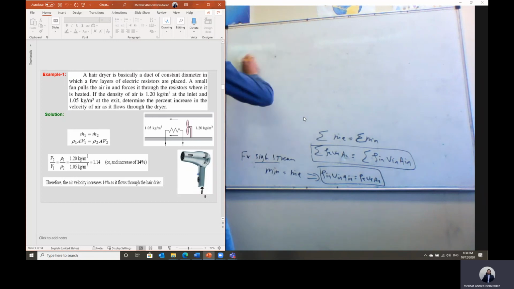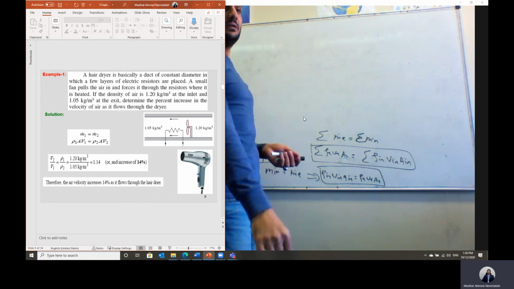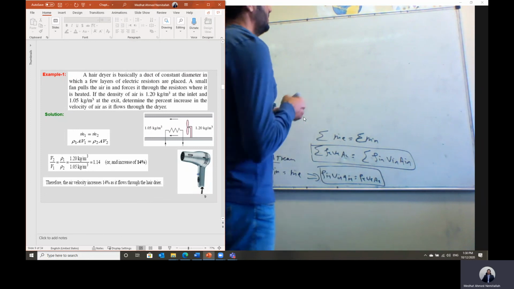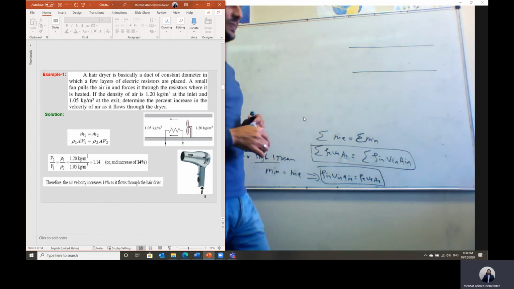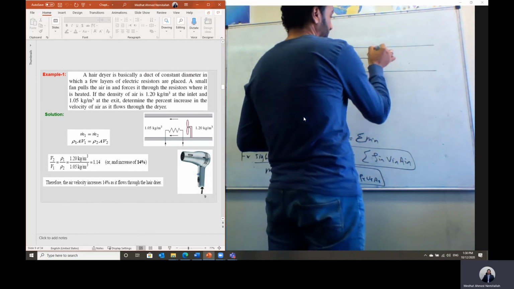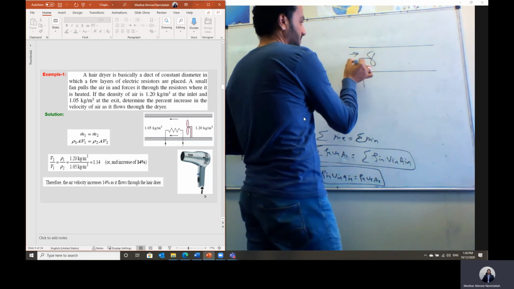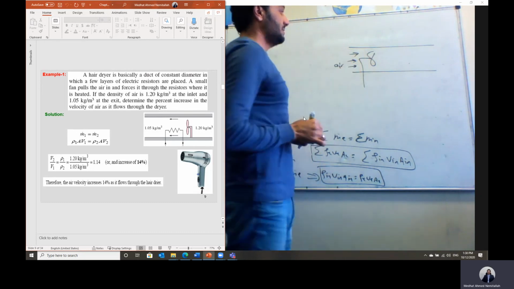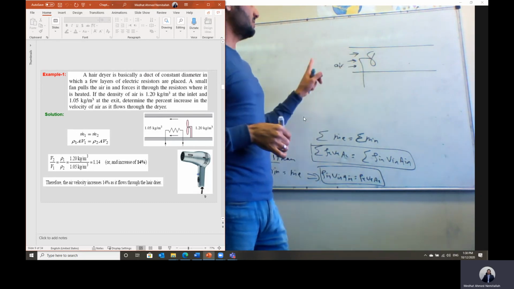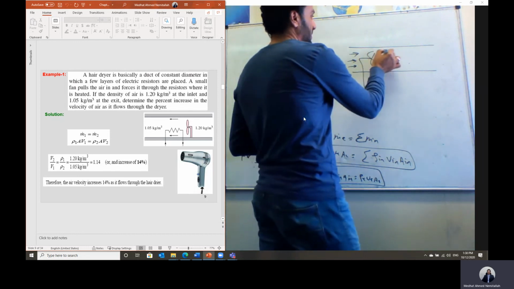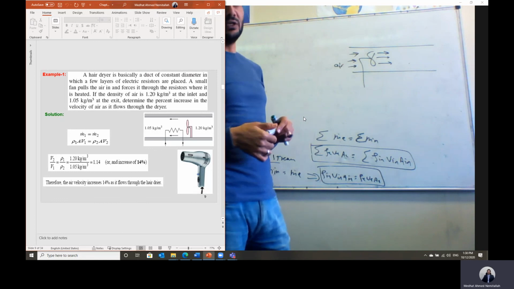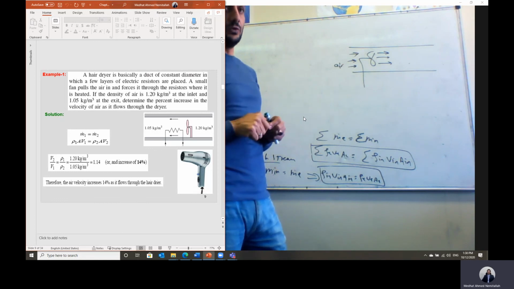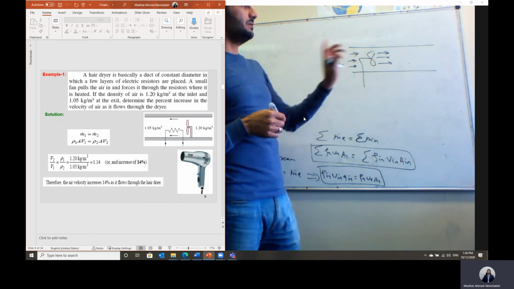Okay. But let's have an example here. Let's look at this example. Here he said we have a hair dryer. The idea of the hair dryer, guys, is that we have a duct of constant cross-sectional area. This duct is the air dryer. We have a fan, and this fan takes the air. So we have air here, coming in as atmospheric air, at normal atmospheric temperature and pressure. This fan is connected to an electric motor, and that's why we connect the hair dryer to electricity, to drive the electric motor. Then we can drive this fan.